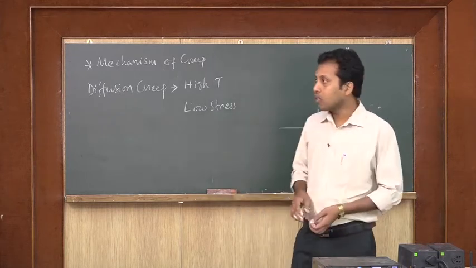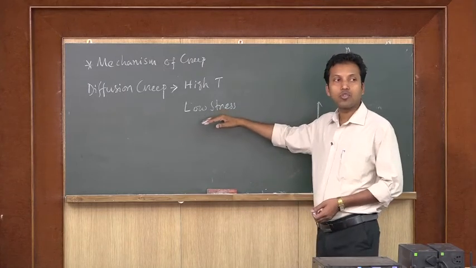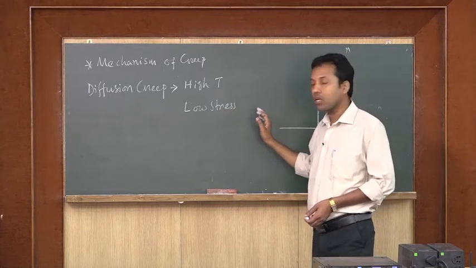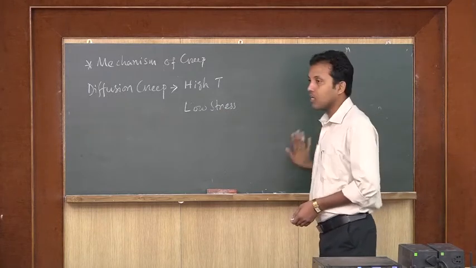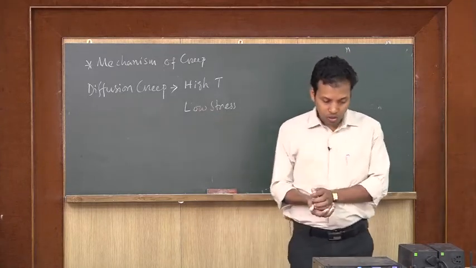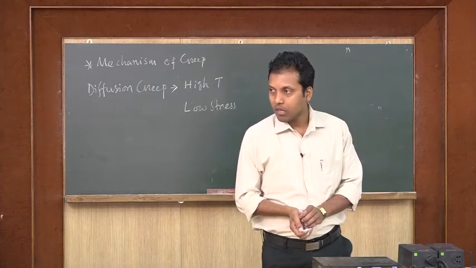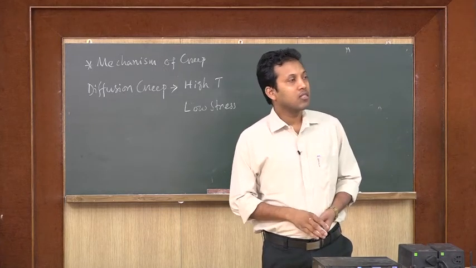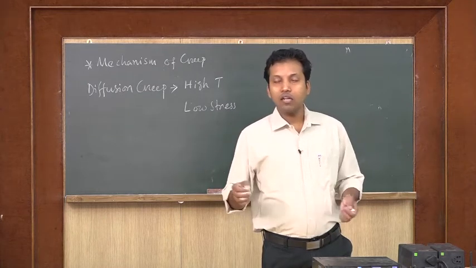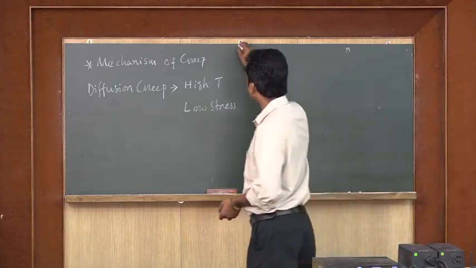But when, instead of dislocation movement, we are applying some low stresses, this kind of movement is not there, but other movements are there. For that I have low stress as well as high temperature, and we know that at high temperature the material's diffusivity increases. That is how in the material there will be atomic diffusion. So how does atomic diffusion happen?